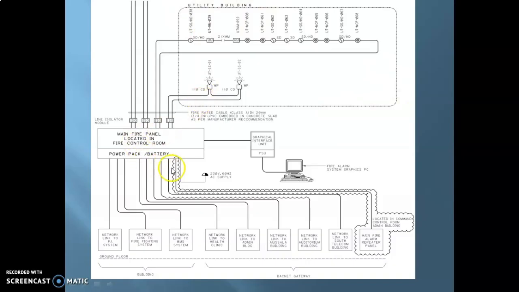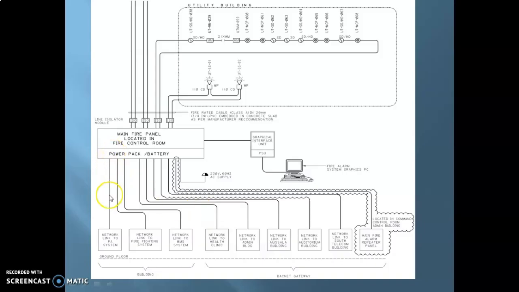All right, then of course you have the single line representation of how the FACP, the main fire alarm control panel, is connected to the graphical interface unit and then to the network command center or the graphics PC.